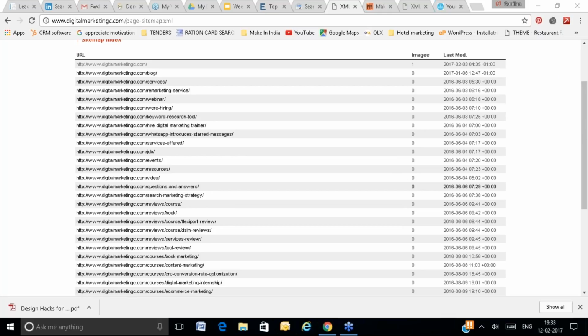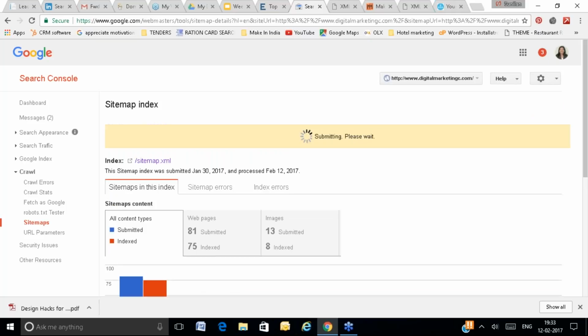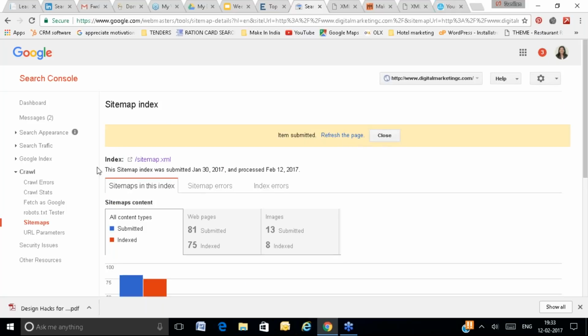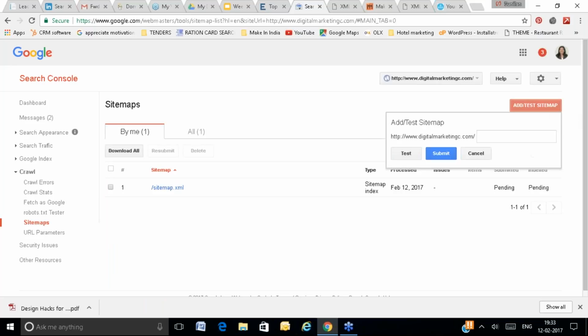So we will enter the sitemap in the search console for the website. Yes, once you have created the sitemap, you are asking whether you have to submit your website sitemap file to Google. Yes, once you have created the sitemap, it is always wise to submit the sitemap URL here. You just have to submit the URL where you have created the sitemap.